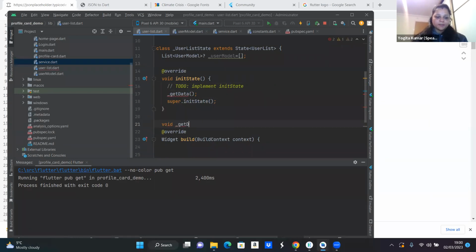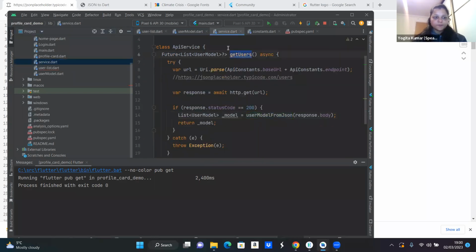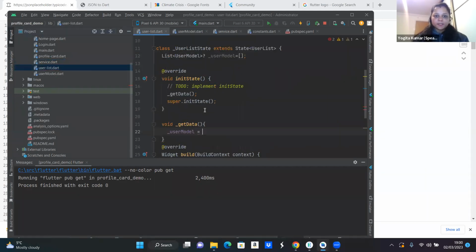Again, I created it as private, so it will be limited to this class only. So getData, and this function, in the list that I defined here, I'm going to call the API service. Which function is there? The service dot getUsers, and the class name ApiService. Okay, so come to the user list, and here ApiService.getUsers. Here I'm going to call it,